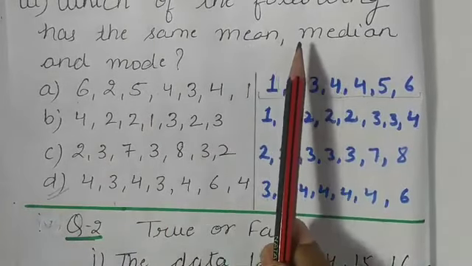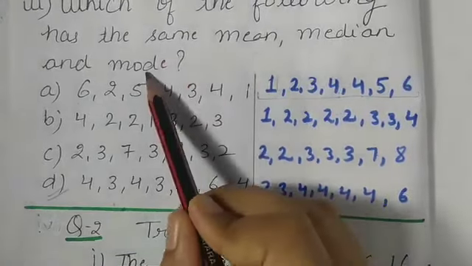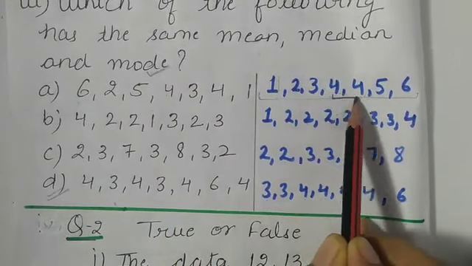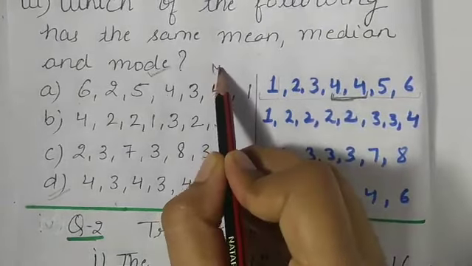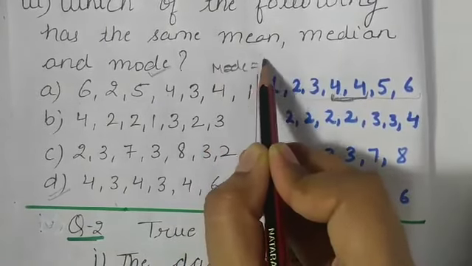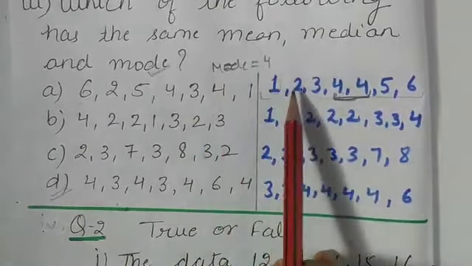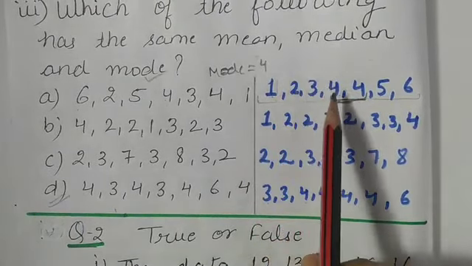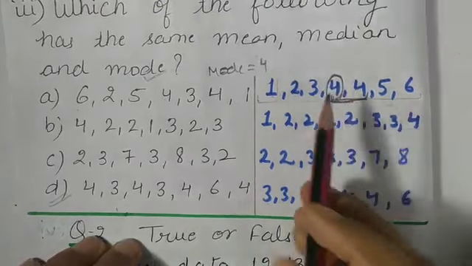Now first we will calculate mode and median, as it is easier to find the mode than mean. Here we can observe that 4 is coming the maximum number of times. So 4 is the mode. Now come to median. Here we have 1, 2, 3, 4, 5, 6, 7 observations. In each part we have 7 observations. So 7 plus 1 by 2, the fourth will be the middlemost observation. So the median is also 4.